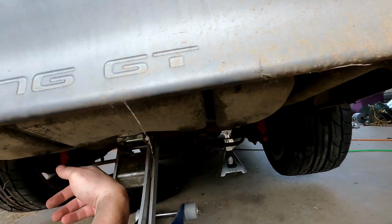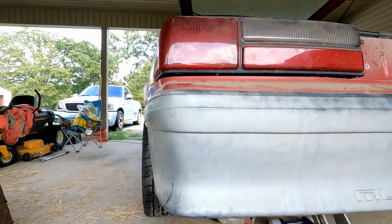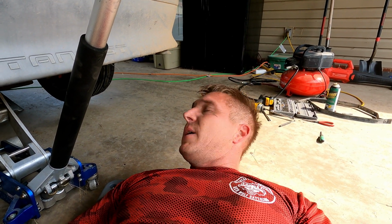But anyway, the tank's about ready to come out. All I gotta do is get my helper to come and give me a hand since it is so full. It's probably gonna make a mess. Not much I can do about it, but I'm gonna get it done. So I'll be back. Wow. Okay, so got the fuel tank out,